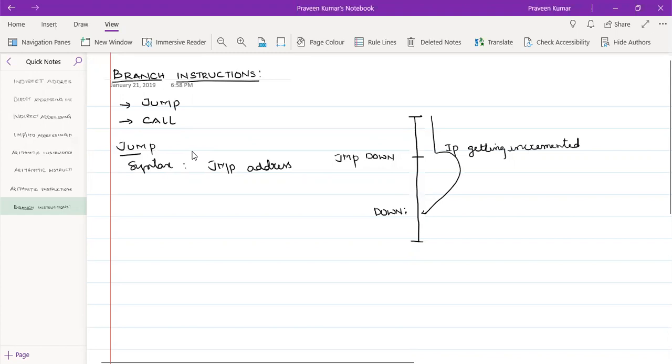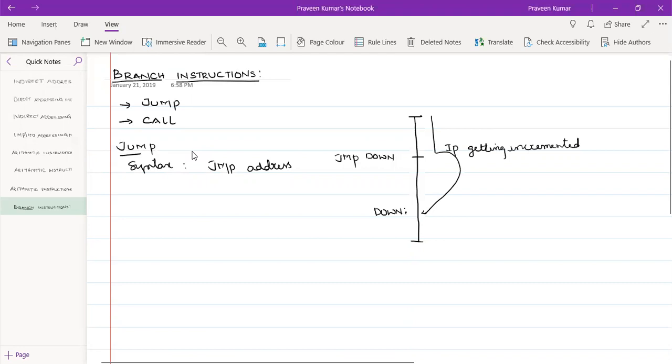So generally we write a label. How is the jump instruction going to work? Actually, we need an address, but we are not aware of the particular address in the memory where the program is stored. So rather than writing the addresses, we write labels.